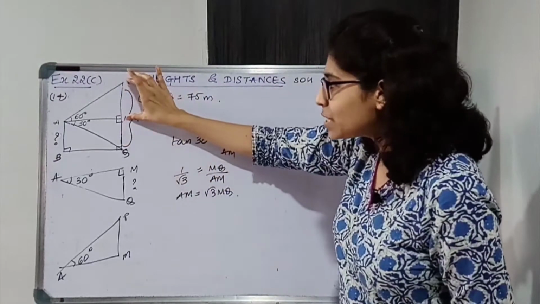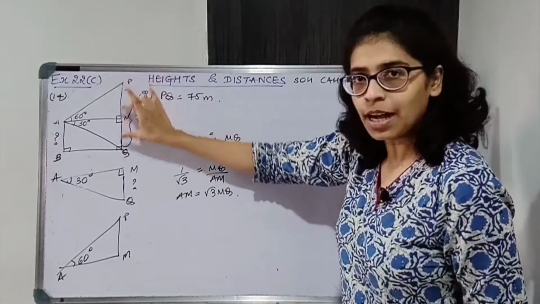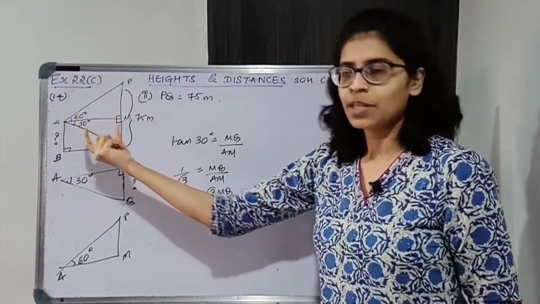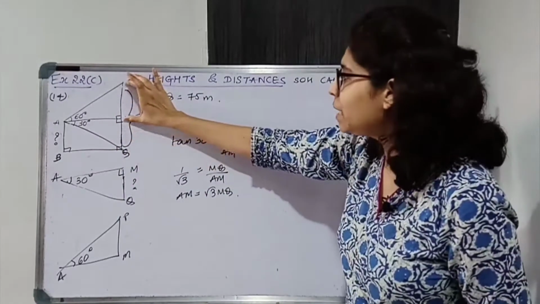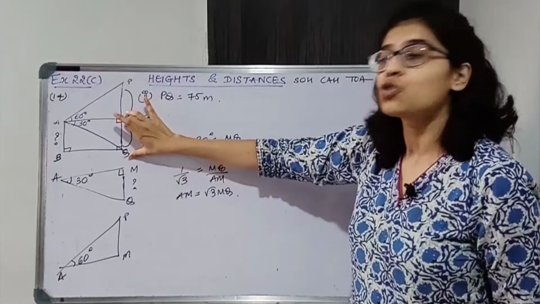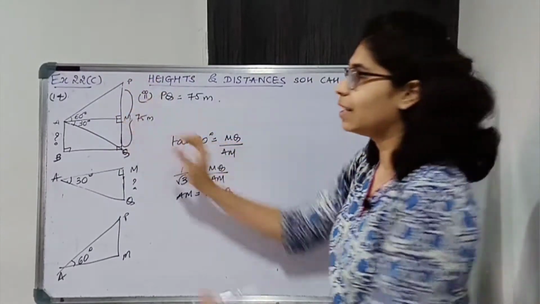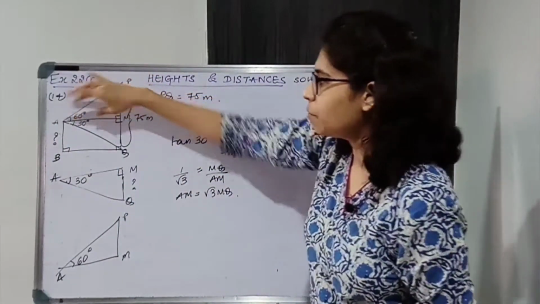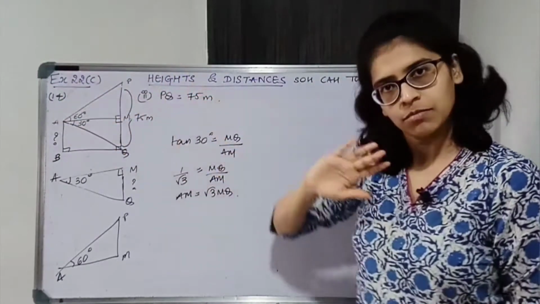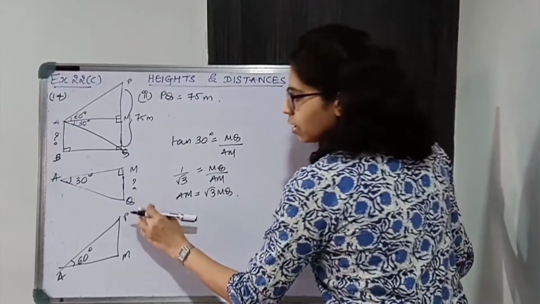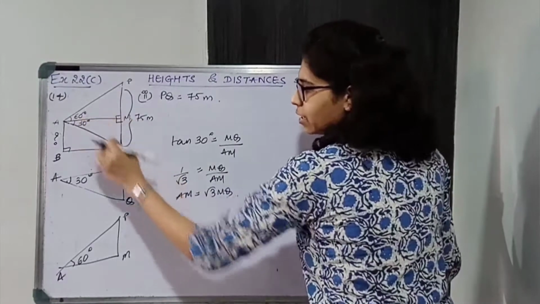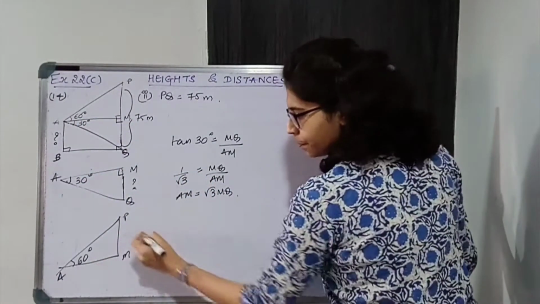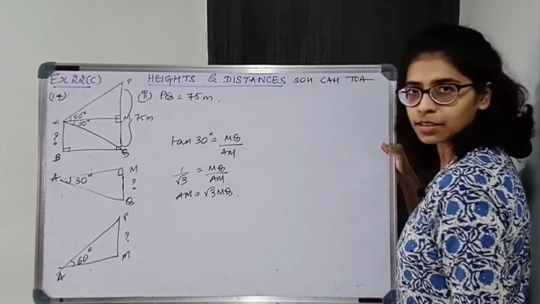So what I'll do is I'll relate these two parts via AM. Okay? So PQ पता है, but PM and MQ नहीं पता है. So PM and MQ I can relate via AM. Okay, so I related PM with AM and MQ with AM. First I took this triangle, I related MQ with AM. Now I'll relate PM with AM. PM को AM से relate करते हैं.